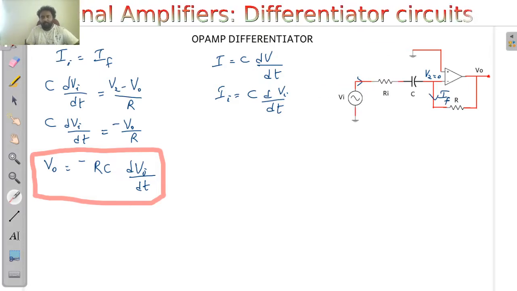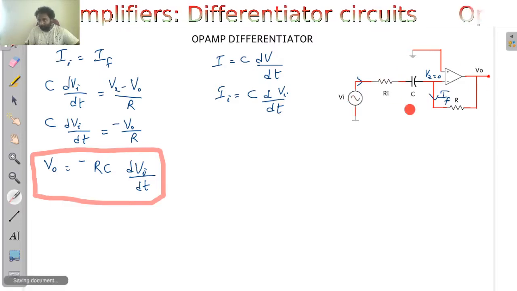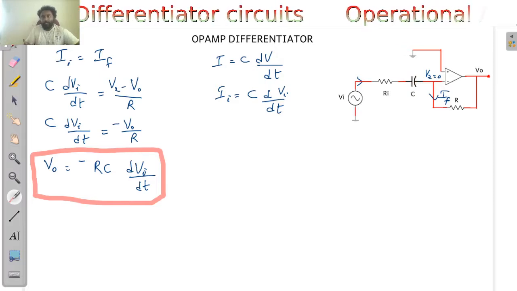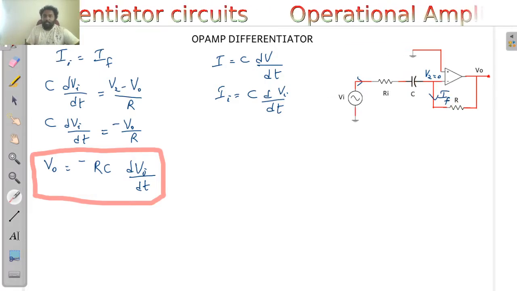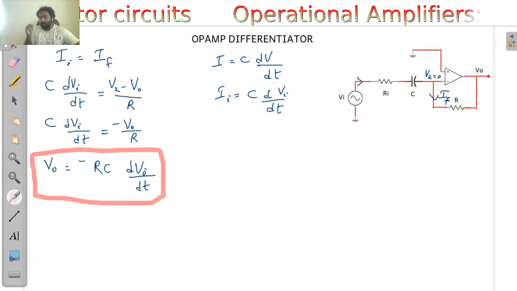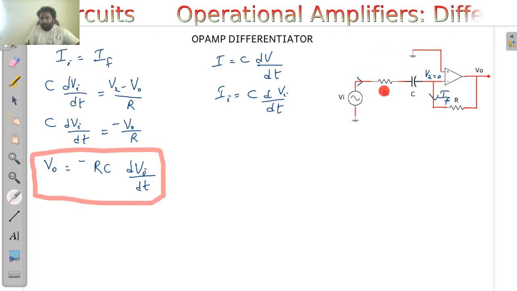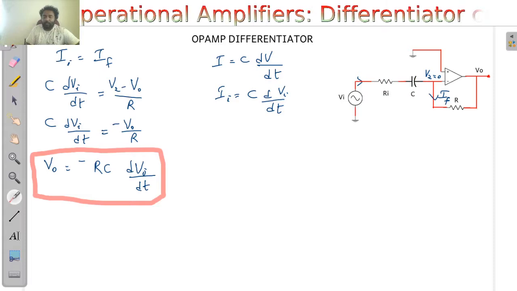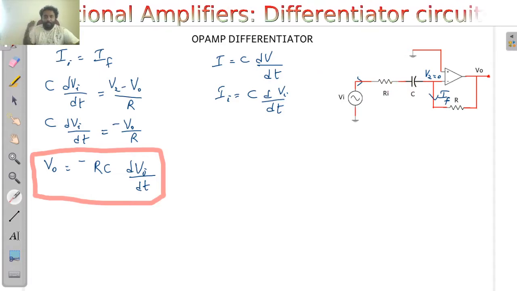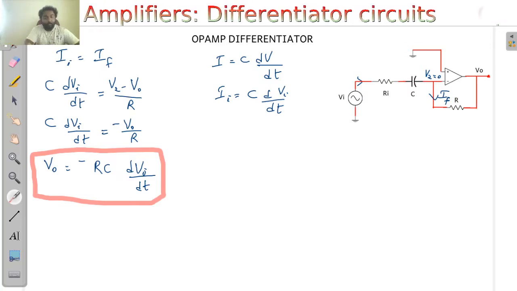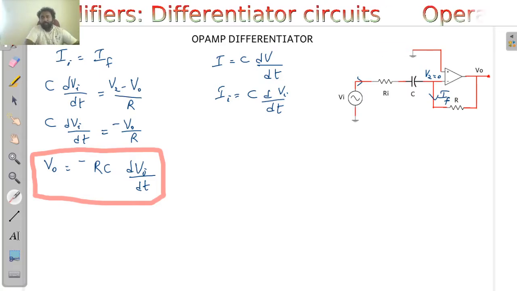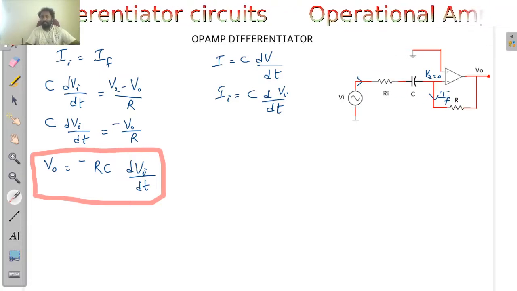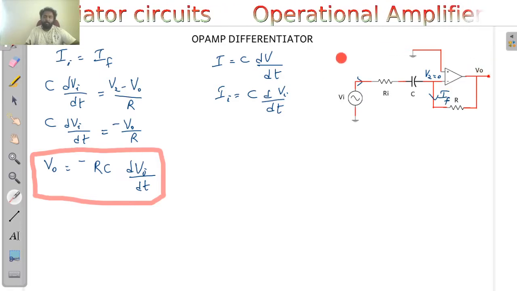So at low frequencies, it will be acting as an integrator, the differentiator, and this capacitive reactance is sufficient for acting as a differentiator. And at high frequencies, the capacitive reactance will go very, very low, and at those times, our Ri will come to a rescue. That is by putting a ratio R by Ri and helping us to reduce the gain of the high frequency signals or high frequency noises. So that is how we can improve the high frequency noise and stability of the output of the entire differentiator system.